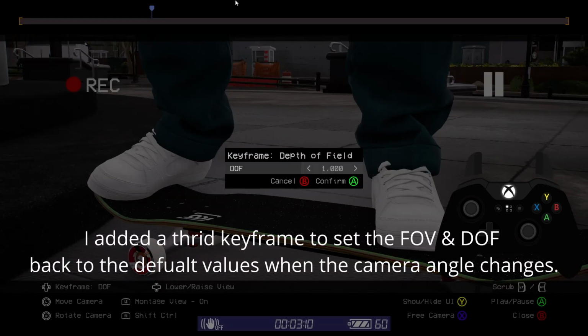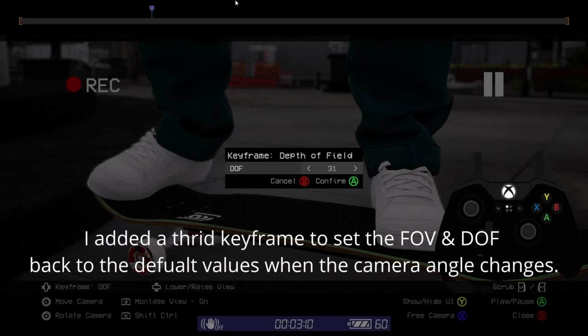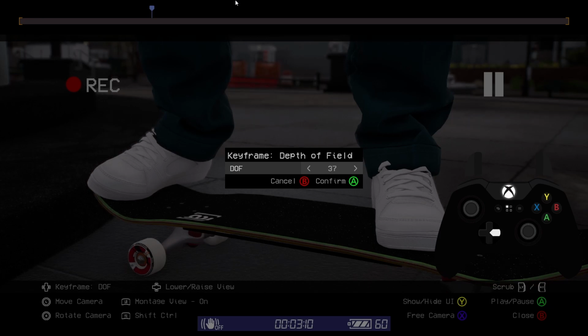It's worth noting that the current default value for the depth of field is 1000, however it doesn't seem to have any effect until I'm well below 100, so if you don't notice any changes, keep dropping the value. It's also worth noting that you can use the different types of keys for both the field of view and the depth of field keyframes.